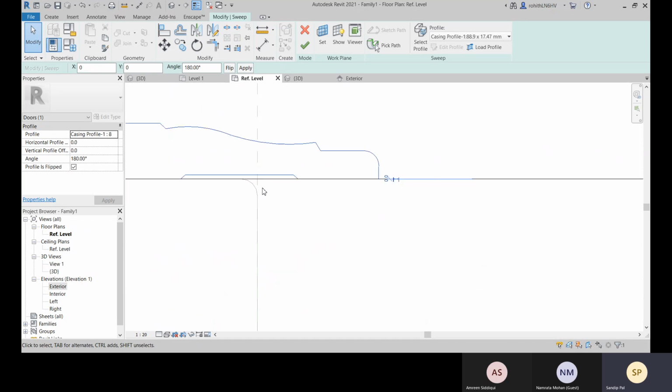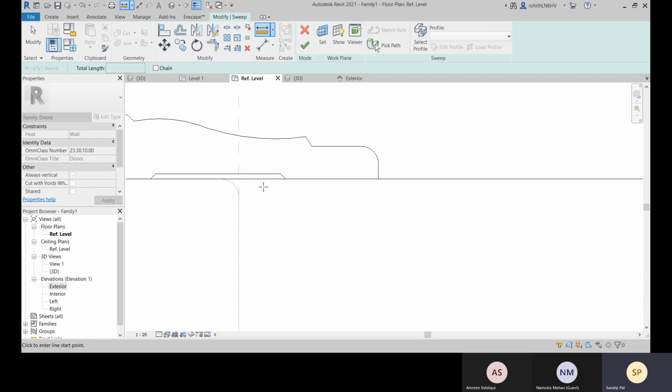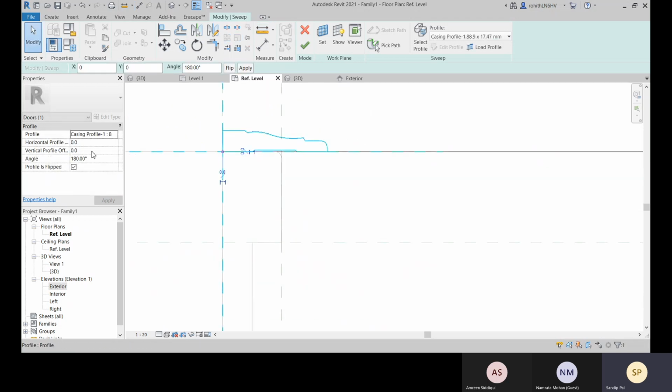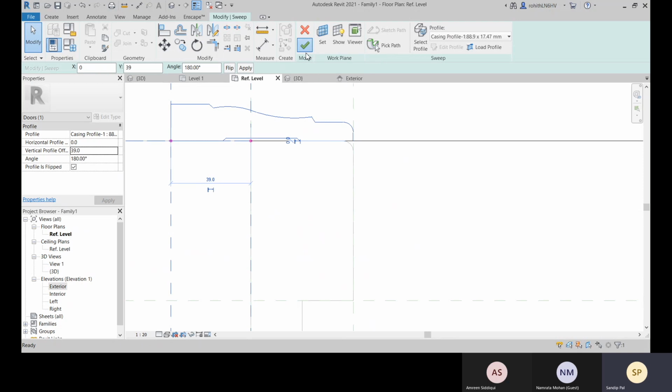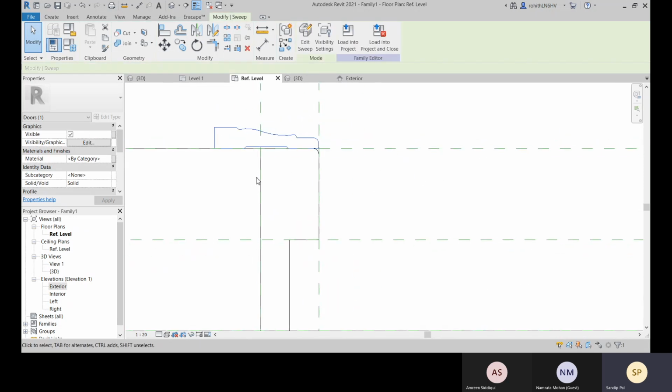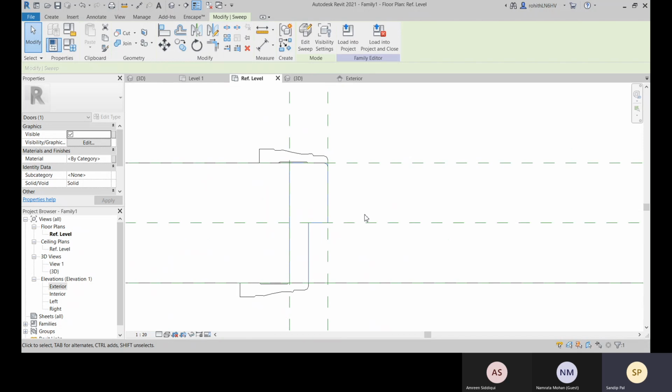And how much do you need to change? Just this, like 38.9. So we'll move it with this vertical offset, that is 38.9, or you can use 39. Great, done.